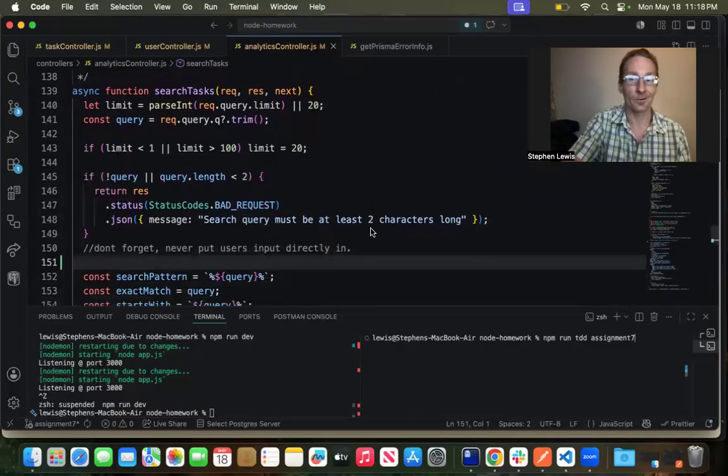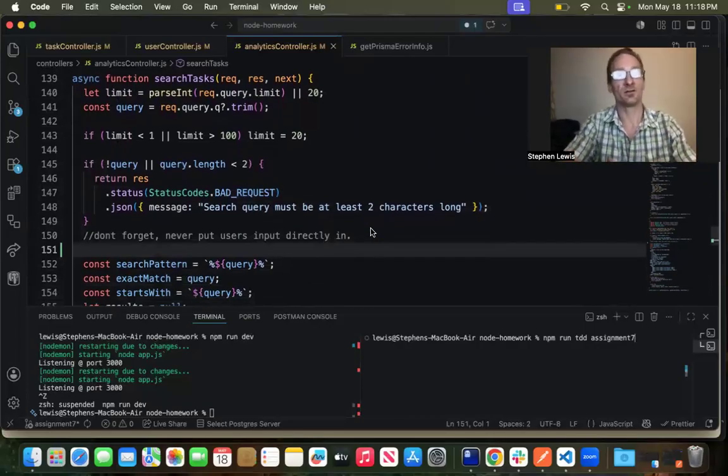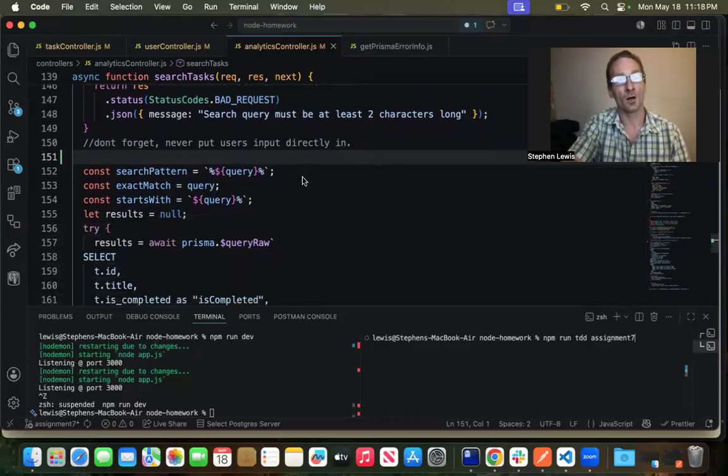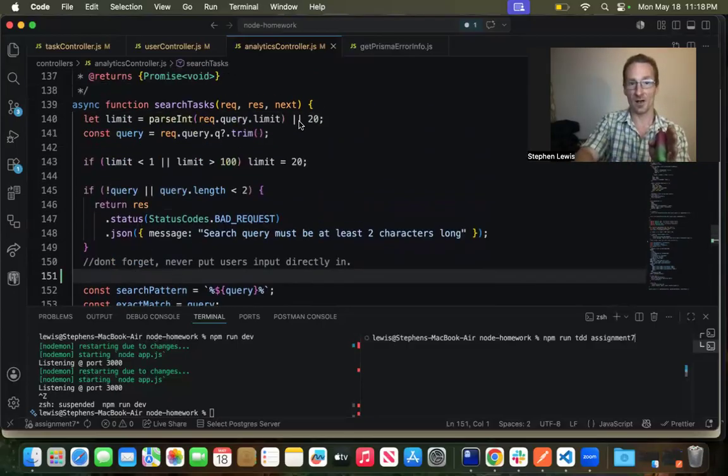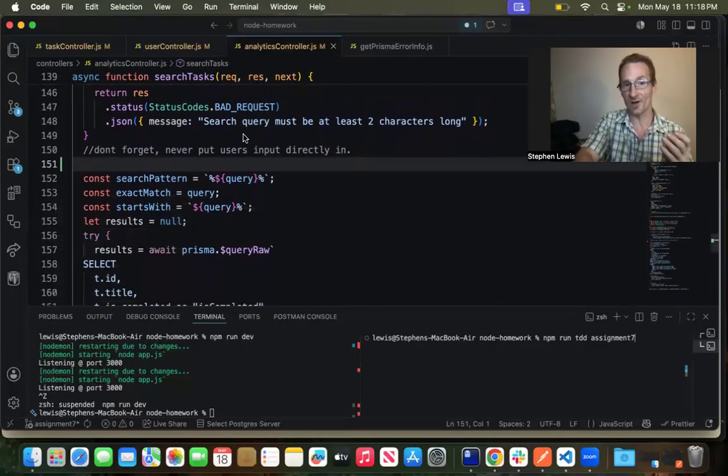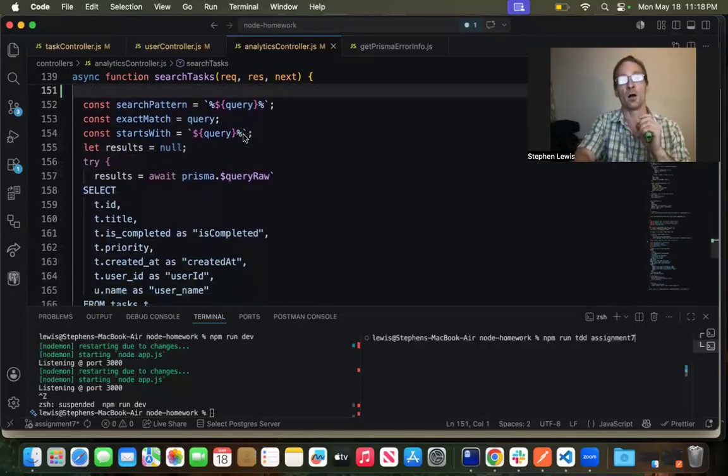Search tasks. What a quinkadink. As you can see, we started pagination. We check our query to see if there's anything there or if it's less than 2. We don't want anything less than 2. As you can see from the note here, never put the user or client's input directly into the query. We use a template literal after we trim it. We could have done some kind of validation. A little surprised we didn't, but we trim it, we take that query, and we're running it through a